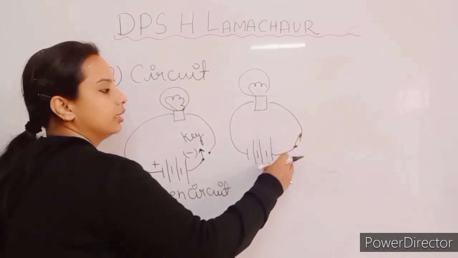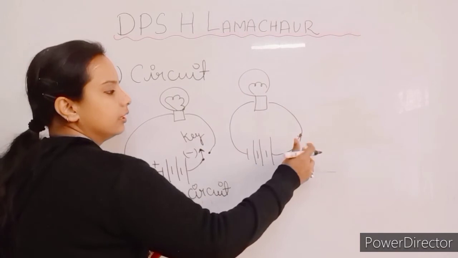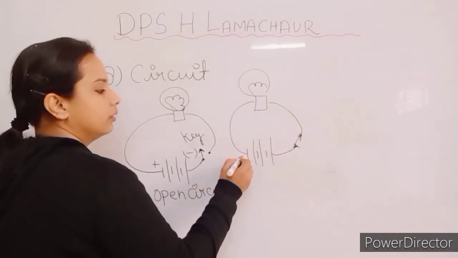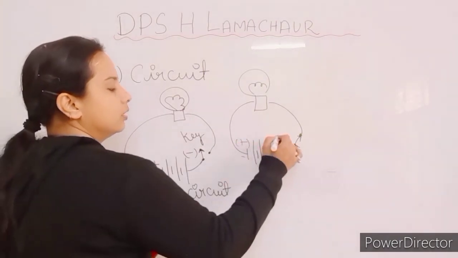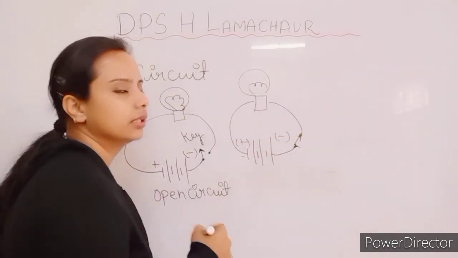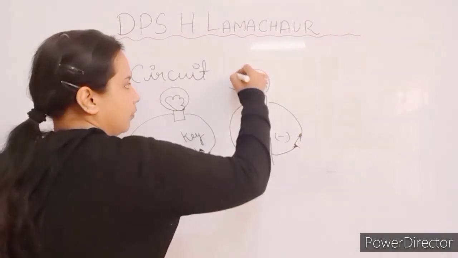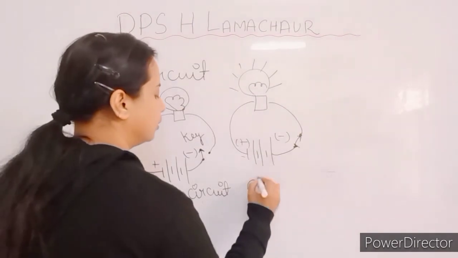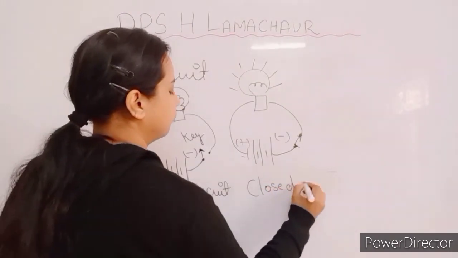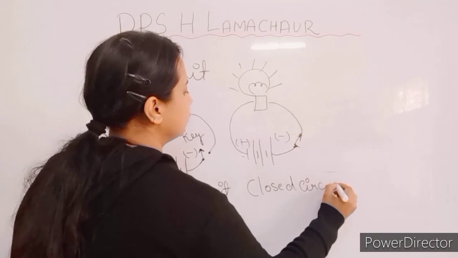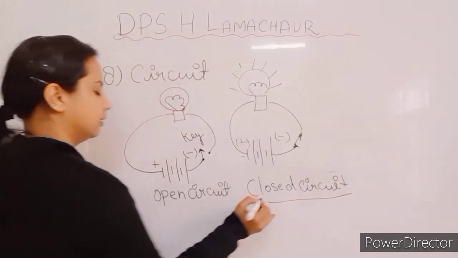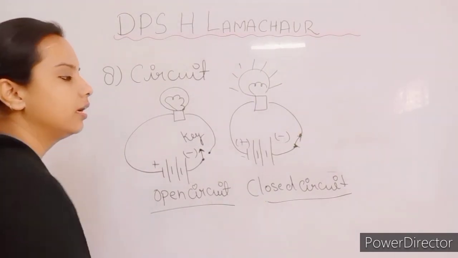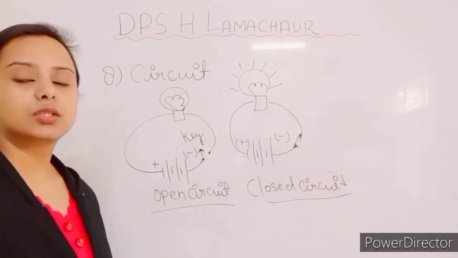ठीक है, यहाँ पे जो करंट का फ्लो है, जो हमने यहाँ पे रोका हुआ था, it will start flowing from here, and from the one terminal to the another terminal, the current will flow, and this bulb will also start glowing, and this is known as a closed circuit. Okay, I hope you understood now what is an open circuit and a closed circuit, and what happens when we switch on the